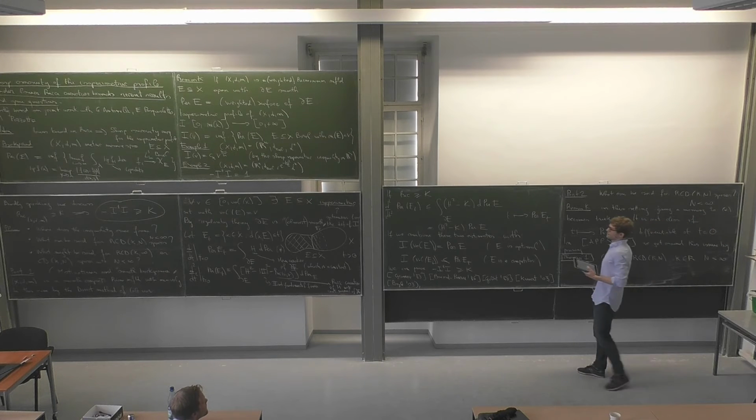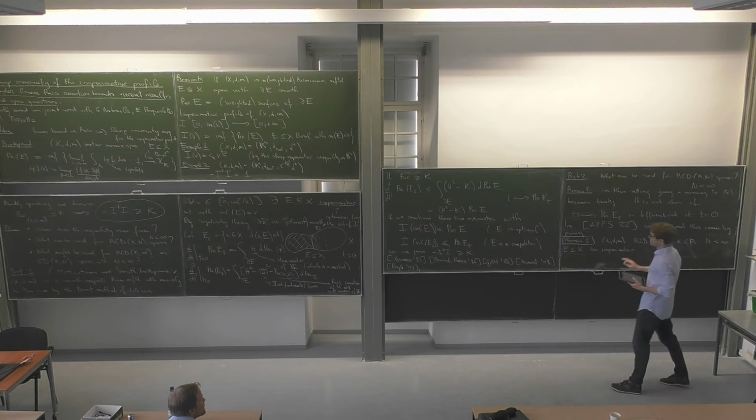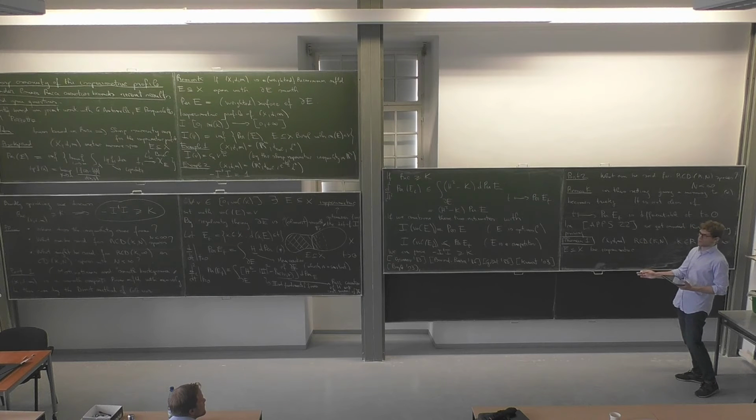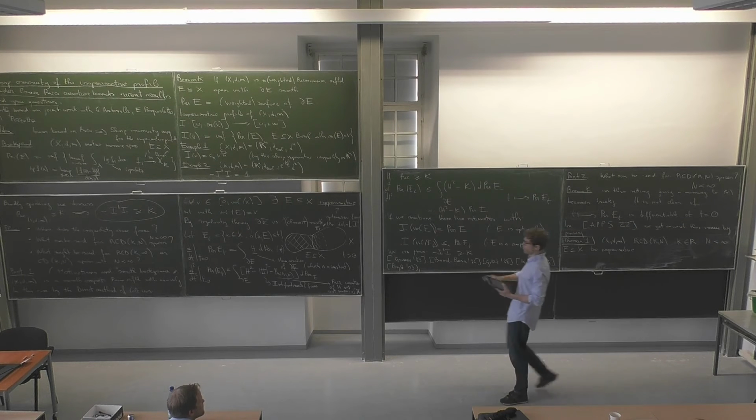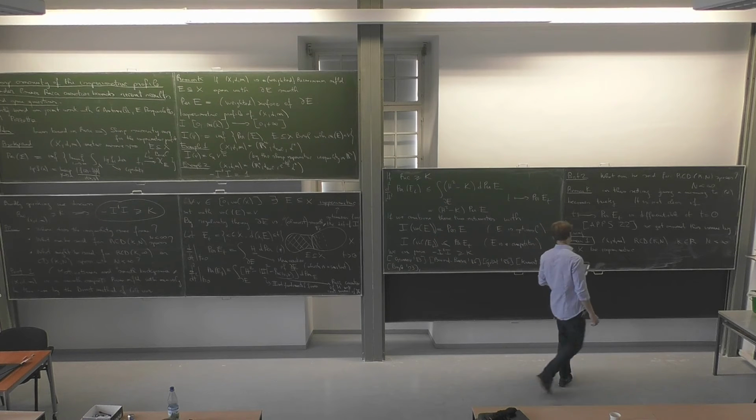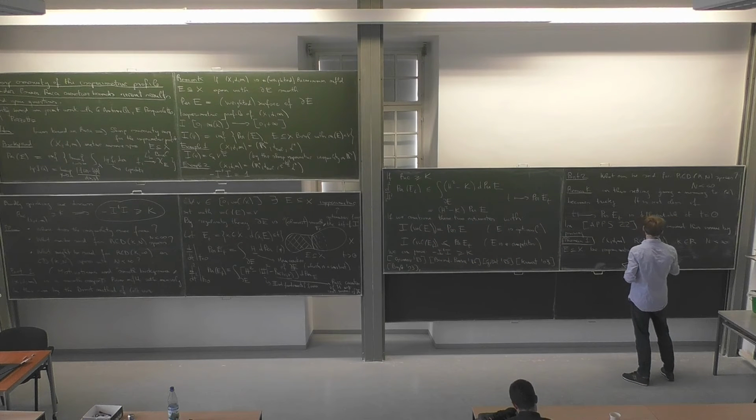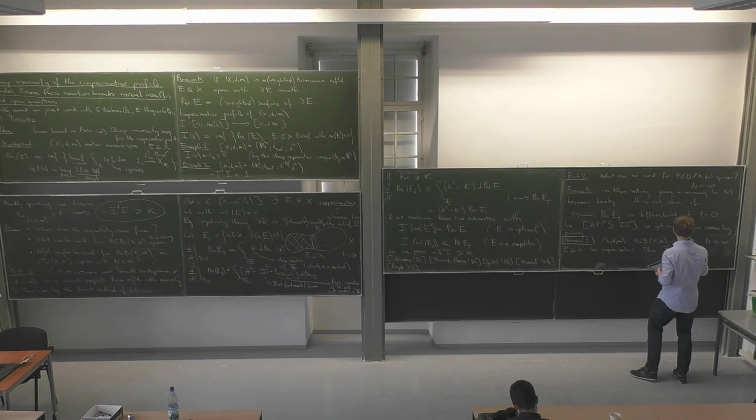Okay, and let E contained in X be isoperimetric, which means that it minimizes the surface area, the perimeter that I defined before, among all other sets with the same reference measure inside the space. Then the statement is that there exists a real constant C such that